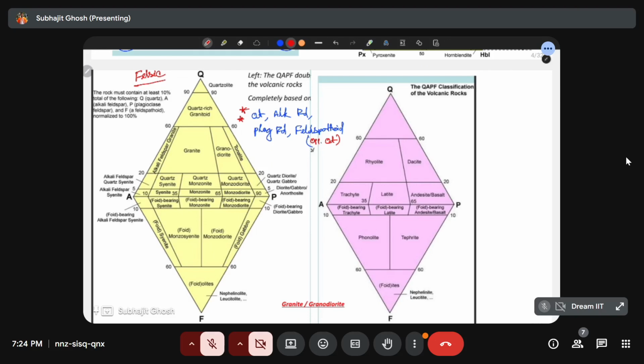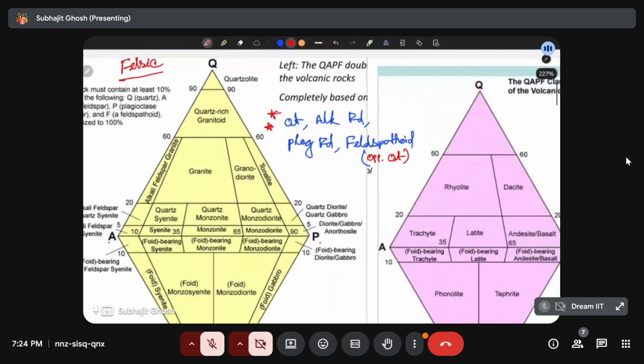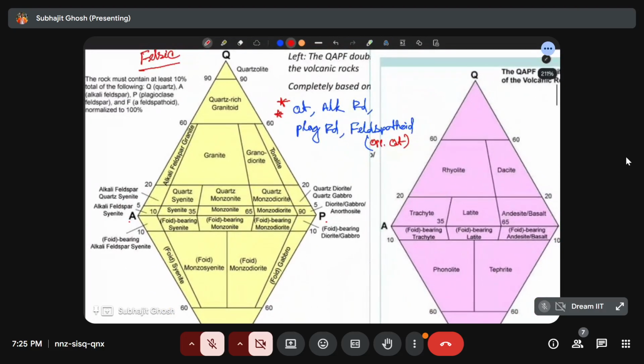I just say फेल्सिक। ओके, सो फेल्सिक के लिए चार मिनरल ज्यादा इंपॉर्टेंट है, क्वार्ट्ज, एल्कली फेल्सपर, प्लेजियोक्लेस फेल्सपर एंड फेल्सपैथोइड, राइट। सो अगेन इसमें बहुत ज्यादा कुछ इंपॉर्टेंट है, क्योंकि क्यूएपीएफ डायग्राम बहुत ही ज्यादा आता है, ठीक है। इसमें जो सबसे ज्यादा इंपॉर्टेंट है, यू हैव टू रिमेम्बर दिस थिंग, ठीक है। दिस इज एल्कली फेल्सपर, दिस इज प्लेजियोक्लेस,